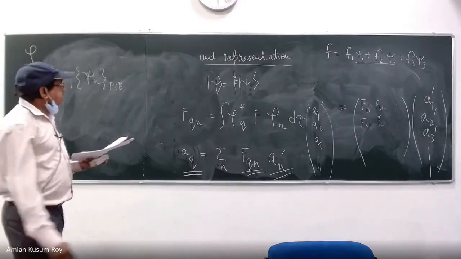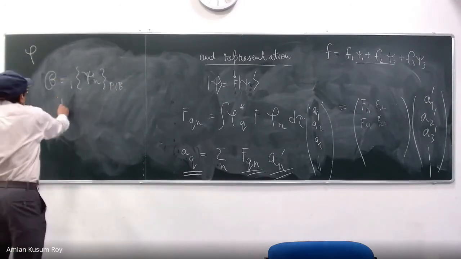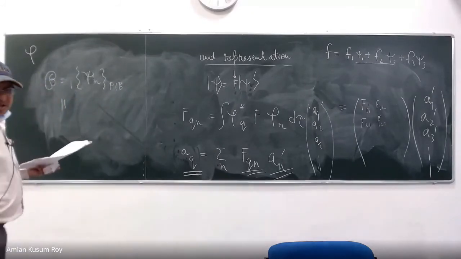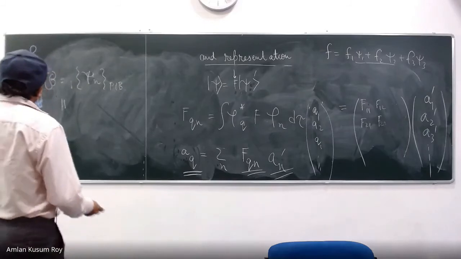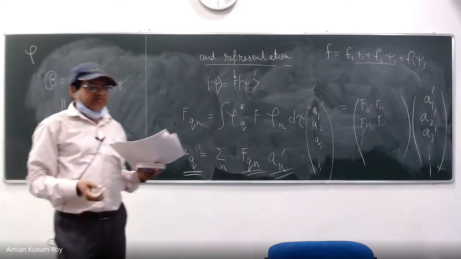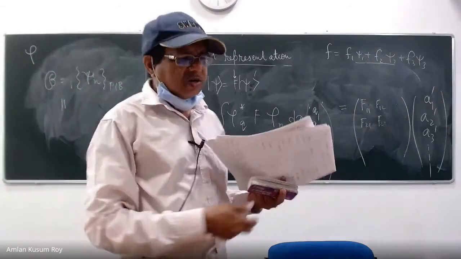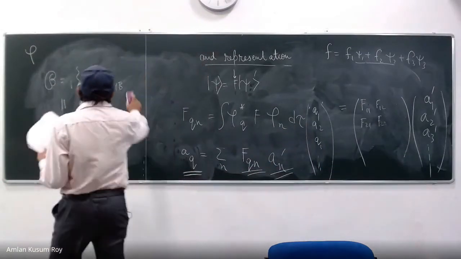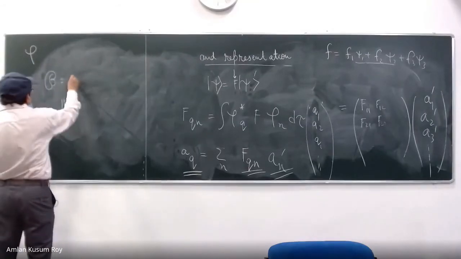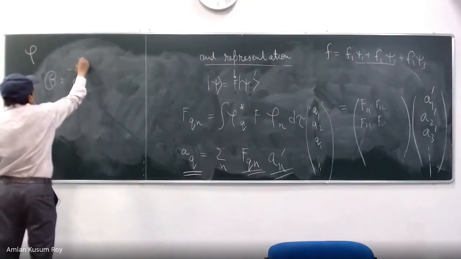Okay, so in this representation, you can see that my Hamiltonian will obviously be diagonal. There is no question. So if I take this basis as, say, the harmonic oscillator, all of you have studied the harmonic oscillator also. So what does that mean? Suppose my basis is now represented by the Hermite polynomials, e to the power minus zeta square over 2